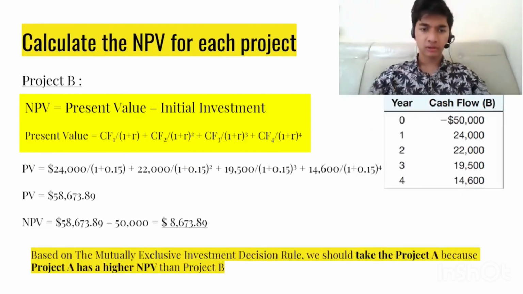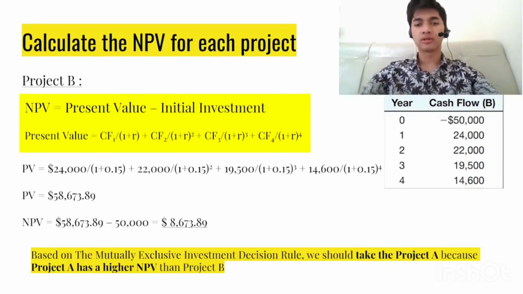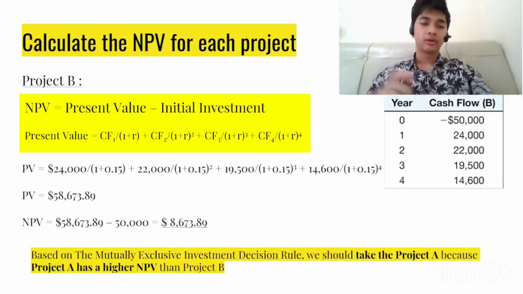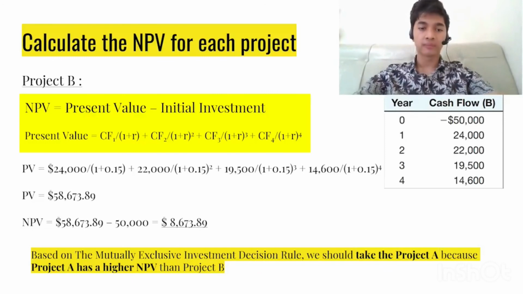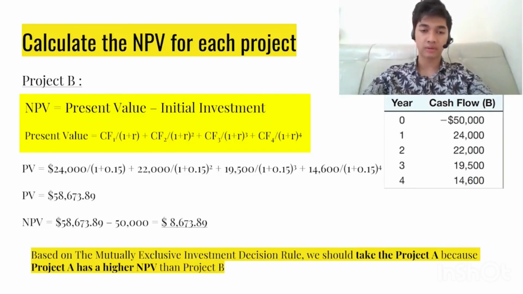Next, we will calculate project B. We will do it in the same way as project A. For the present value, $24,000 divided by 1 plus 15% plus 22,000 divided by 1 plus 15% to the power of 2 plus 19,500 divided by 1 plus 15% to the power of 3 plus 14,600 divided by 1 plus 15% to the power of 4. The result is